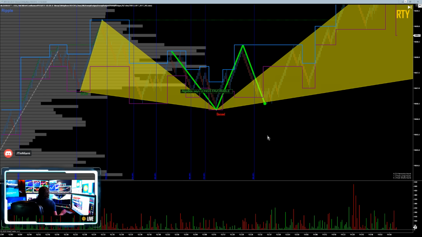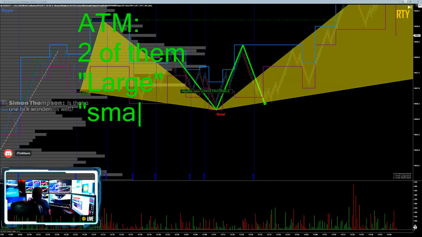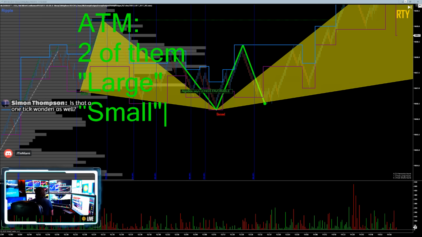So we're wanting to maybe take this swing. So what's my stop on these? Let's talk about our general ATMs. Okay, our ATMs around here. I'm going to teach you these, and go ahead and create them right now if you'd like. ATM, we have 2 of them. We have a large, I'm going to do air quotes here, large, and small. We try to keep things as simple as possible because the other stuff's already complicated enough.